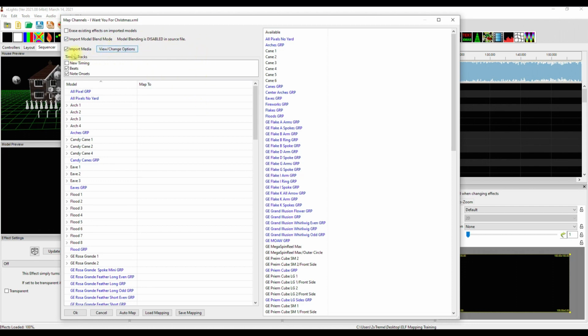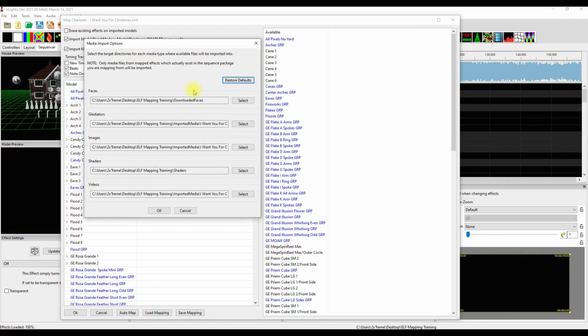Here's something we haven't really talked about a lot, and that is the view change options. When I was first using this new process for importing zip files, it did bring over the images, it did bring over the videos, but it missed the shaders. And that's a little shady. Can't be having that. And I think David Preem picked up on that very quickly and probably resolved it, but